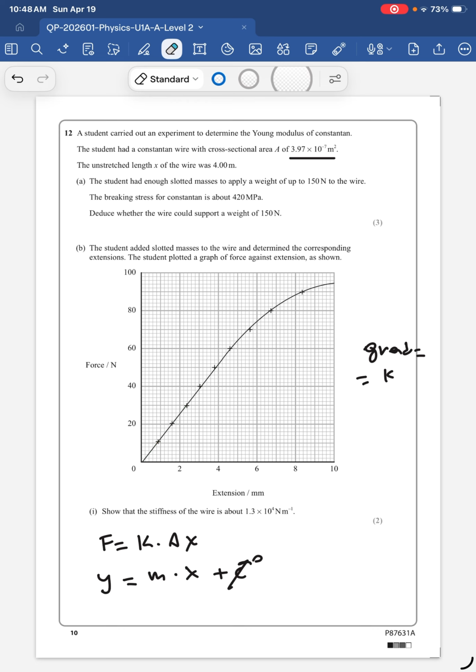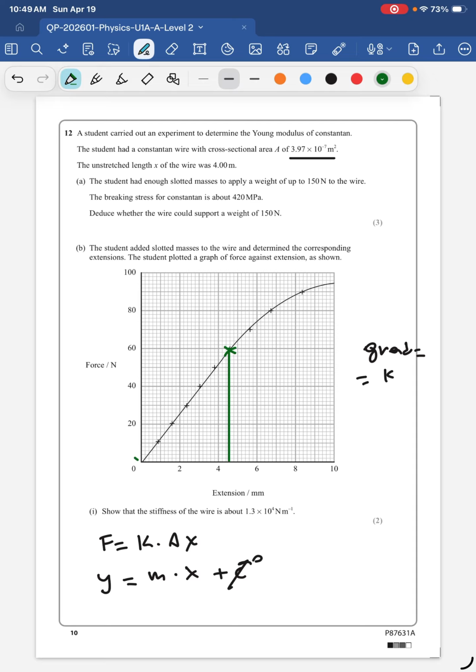I used exactly that, so you can use that and the origin to calculate the gradient. So this is delta F, which is equal to 60 newtons. And this is delta X, which from the graph you can figure out is 4.6